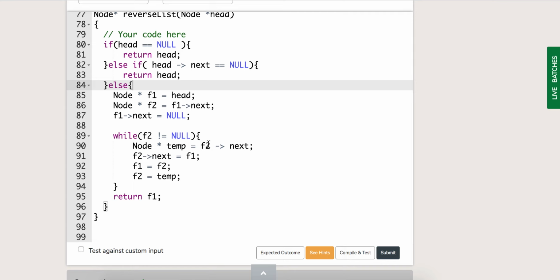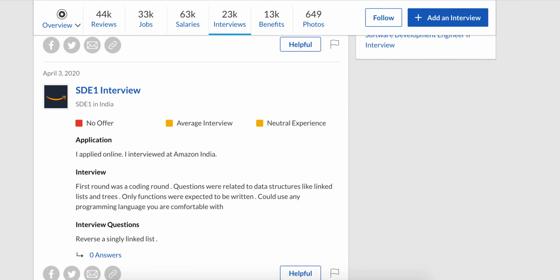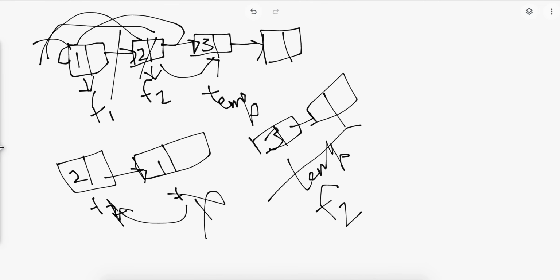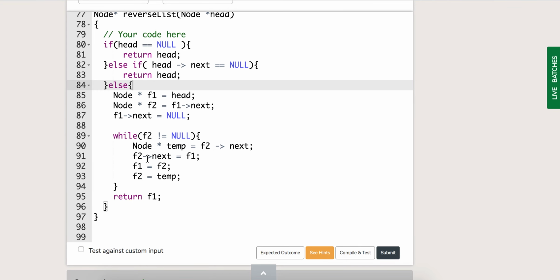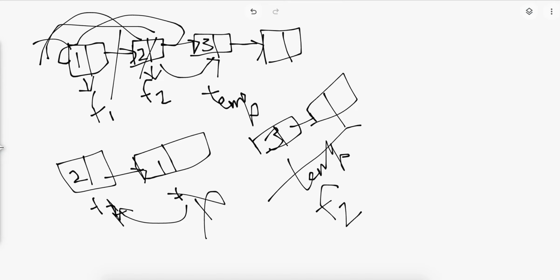Then we have the temp pointer, which is pointing to f2 of next. Inside this loop, because we want to transfer that f2 from the second node to the front of the first node, that's why we have used temp. We attach the temp pointer to next of f2, and then we make f2 of next equal to f1. It means we detach this box from there and attach it here,